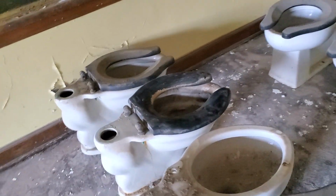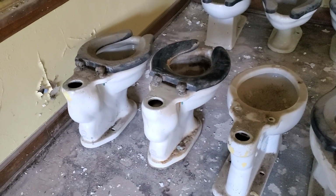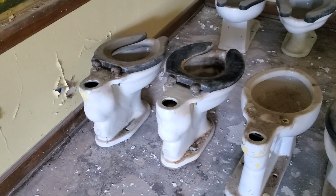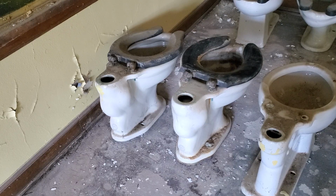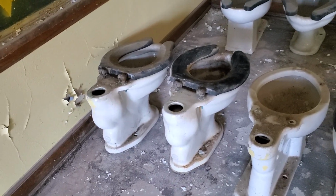I still have not found a date on any of them yet. The Cranes, in my experience, don't have a nice date stamp. They just kind of had it free-handed in pencil or something. So I'll have to clean wax off of those to find dates later on. And the nice thing is,